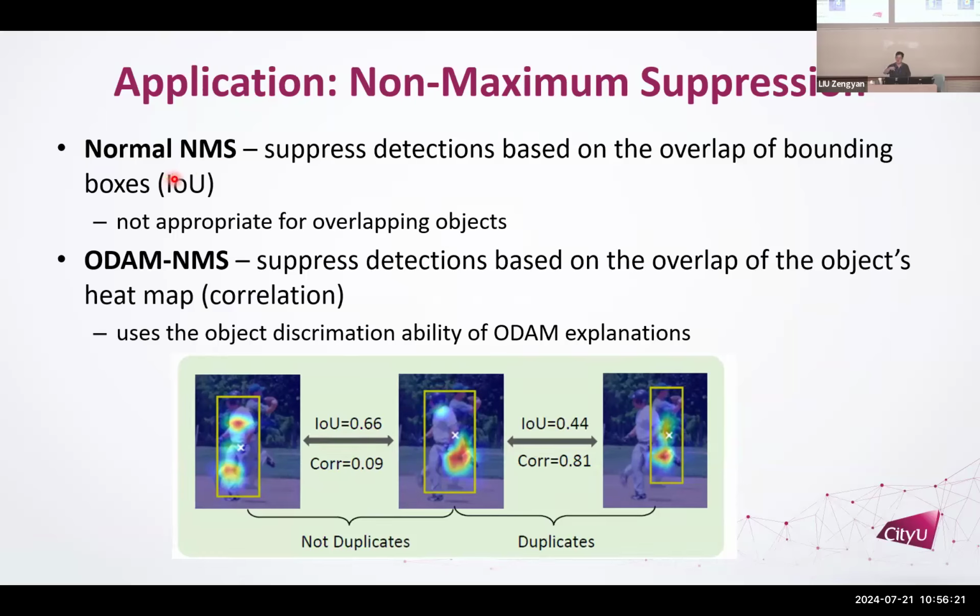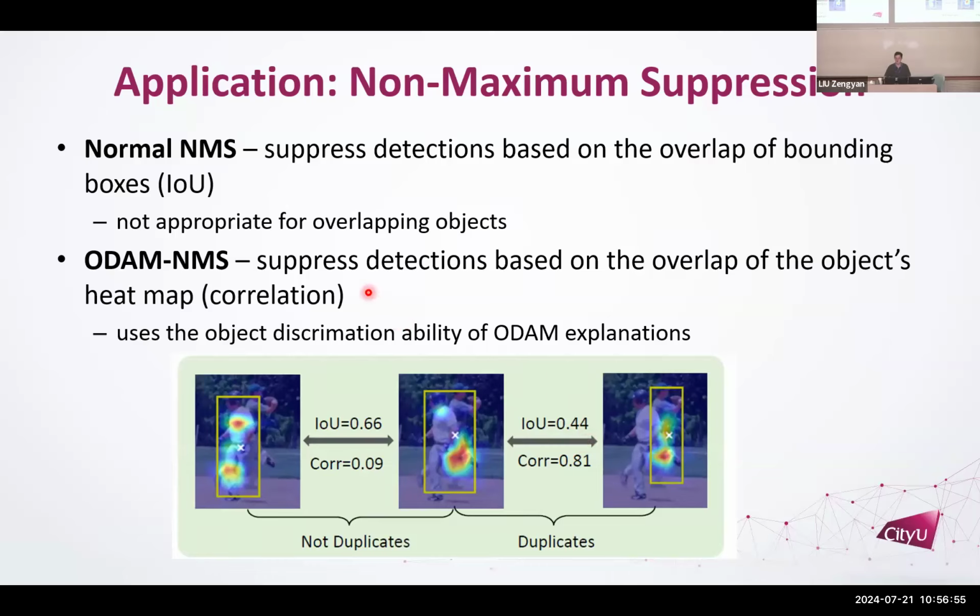Normally in these detectors, we'll get a lot of detections coming out, and some of these will be overlapping because they detect the same object. The typical way to suppress those overlapping detections is to look at the intersection over union between the objects. For example, here I have two objects and the IOU is 0.66. Usually the threshold is 0.5, so that means they're overlapped too much, and I remove one of them. Here I have two detections where the IOU is below 0.44, so they're not overlapping, and I'll keep both of them.